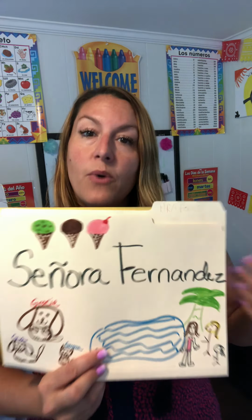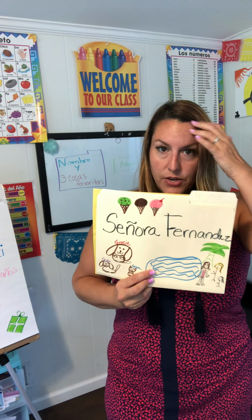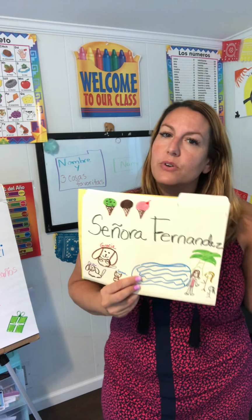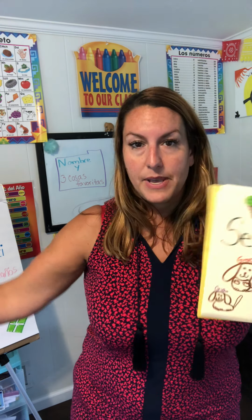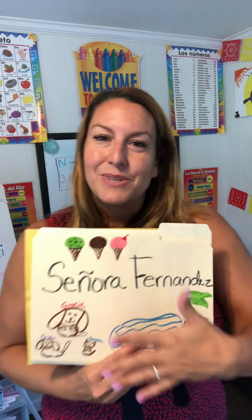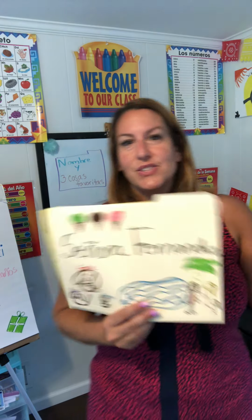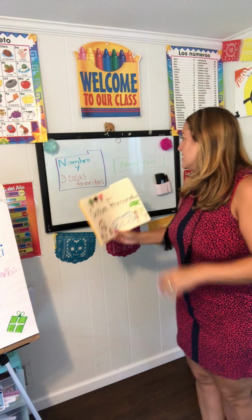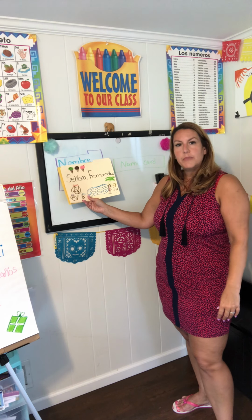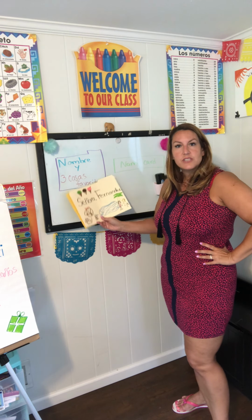So after we're done with this, I want you to get a folder, and I want you to decorate your folder for Spanish with these 3 things. Now, if you don't have a folder, but you have a big piece of paper, you could always fold the big piece of paper in half. But you want to be able to have a folder to keep all your work in so it doesn't get lost from week to week, okay? So on your folder, you're going to draw your nombre, which is your name, and your tres cosas favoritas,